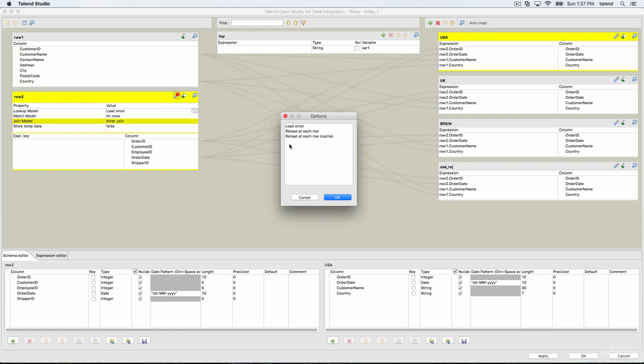One important thing to observe is that your main flow data should be small. Otherwise, if you have a huge amount of main flow data, then loading at each row is a huge letdown to your lookup. And it's not that you will load the entire lookup table at each row of the main flow.